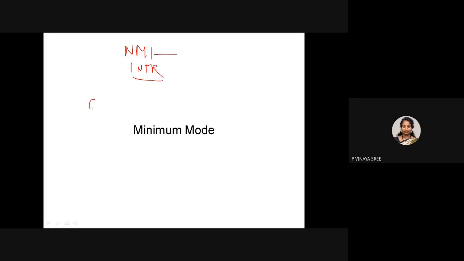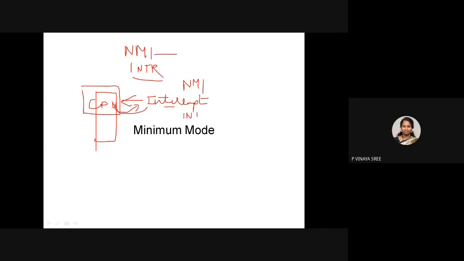If a processor is executing its main program, when an interrupt occurs, what happens internally? The processor will stop its main program execution and provide a service. If the interrupt is NMI, it has to stop its main program execution and provide the service. But if it is INTR, it is a maskable interrupt. It decides whether to provide service or not based on the interrupt flag.